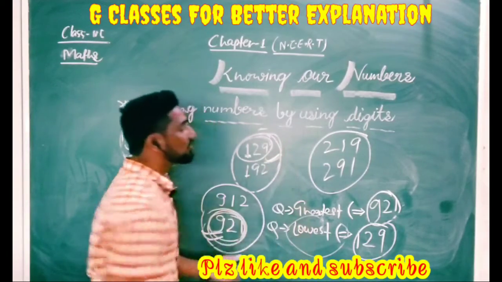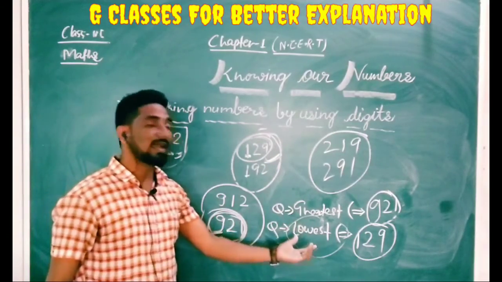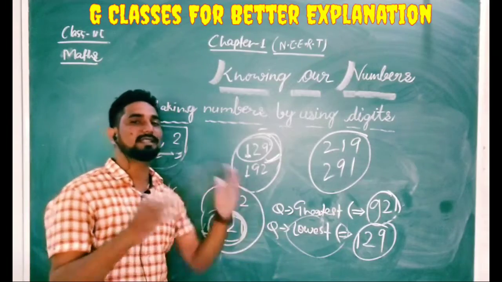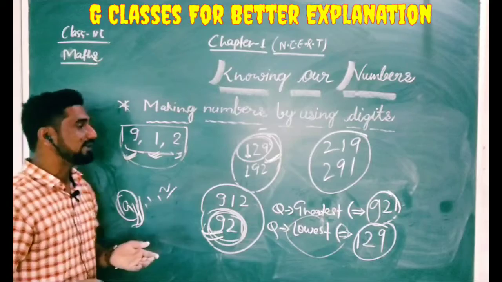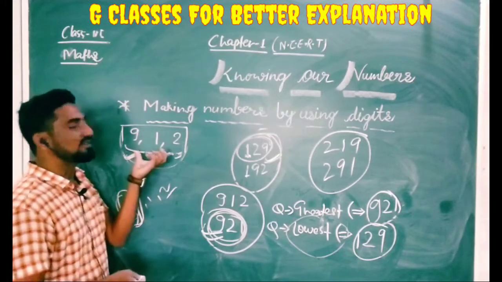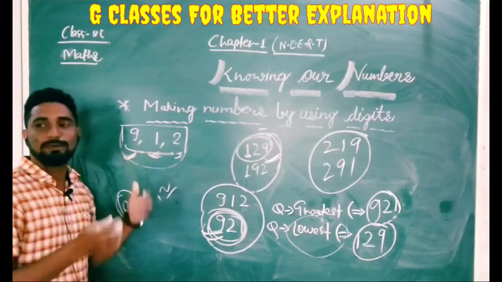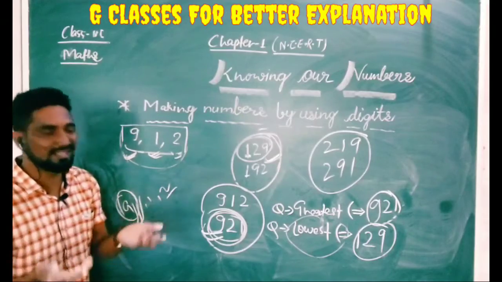Yes, it is there. So for making the greater one and the lowest one, we have to just follow the descending and the ascending order. You may get a problem while making the numbers, because here 3 digits were given, and you have to make the numbers which will be used for 3 digits.